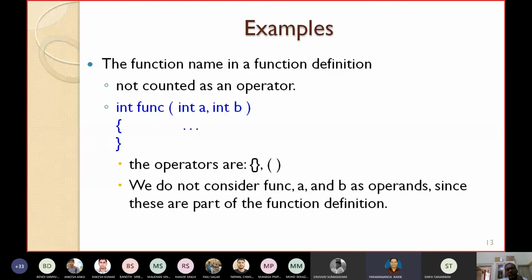Okay. See, as I have already told you from the beginning, there is always confusion with Halstead metrics. Even if you give the same program, they will do it differently. There are no actual guidelines, only prescribed guidelines. In some cases, they have also included the function name as an operand. I was referring to some internet sources.